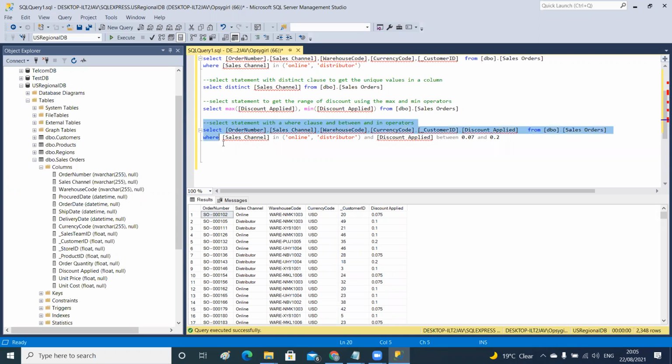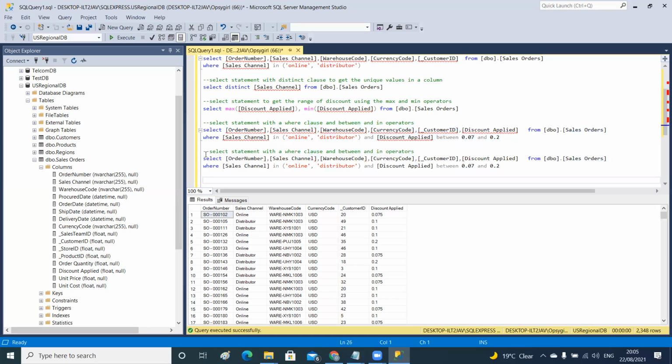I'm not going to write it separately, I'm just going to keep expanding on this script to show you the ways you can use the operator. So select statement with where clause and between, comma, in, comma, like operators. Okay,